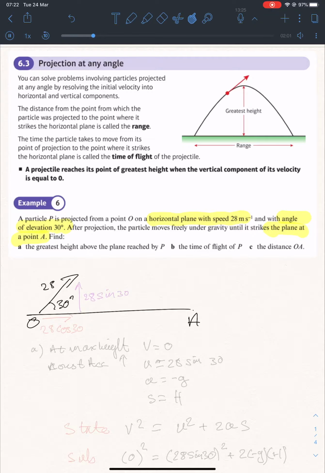So we have a horizontal speed, which is 28 cos 30, because it's adjacent to the angle. And we have a vertical component of the speed, 28 sine 30, as it's opposite the angle and the speed is the hypotenuse. So when we're thinking about the greatest height that's been reached, we need to identify what the key facts are. So at max height,